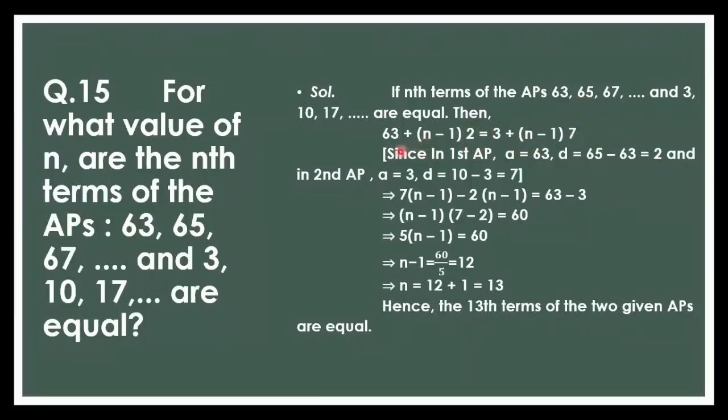For what value of n are the nth terms of these two series equal? Anyone have doubt here? The first series, A value is 63, D value